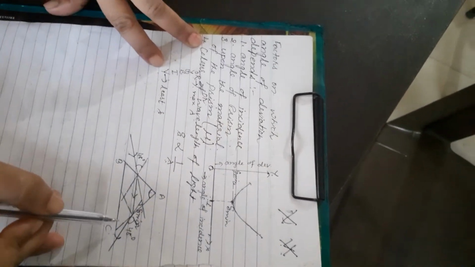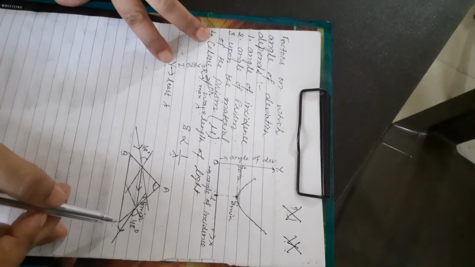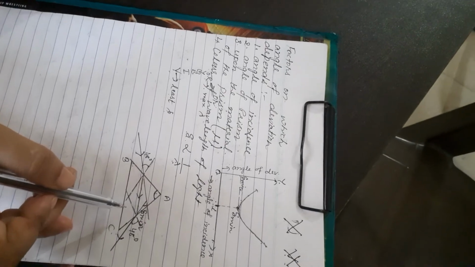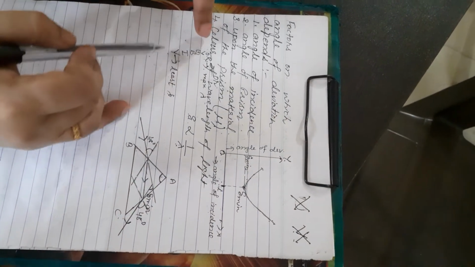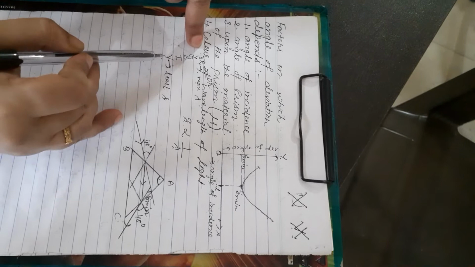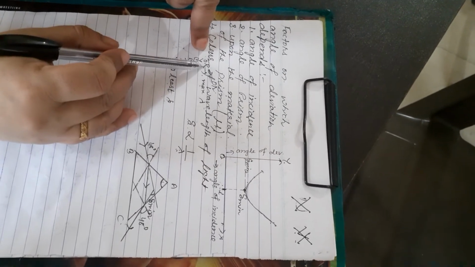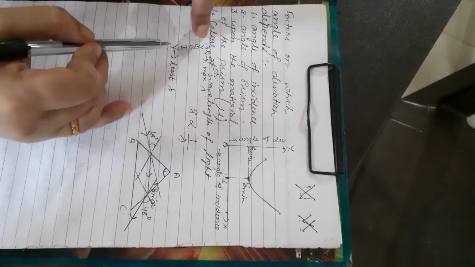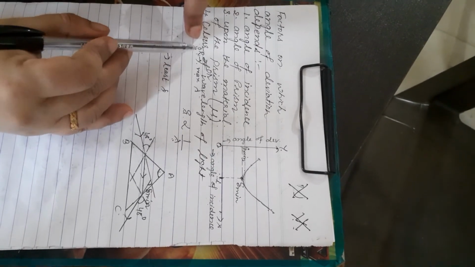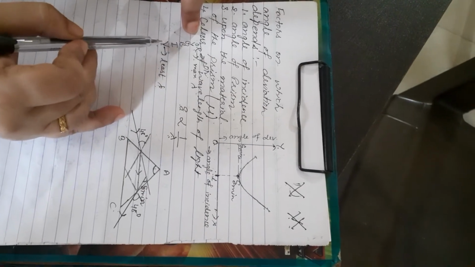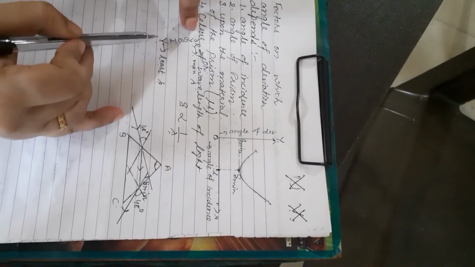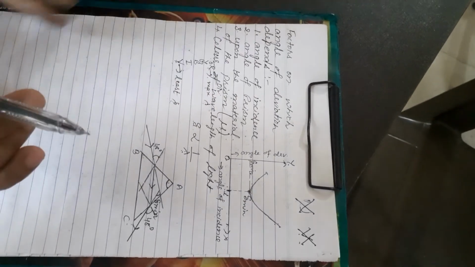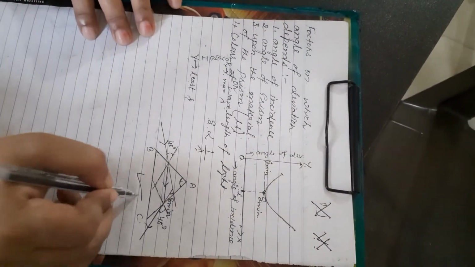That is why violet color will deviate most when white light is allowed to pass through the prism. In this spectrum, violet deviates most, red deviates least. They can ask that question also: among the spectrum, which color deviates most and which least, and you should know the reason too, because violet has least wavelength and red has maximum wavelength. Then see this diagram.